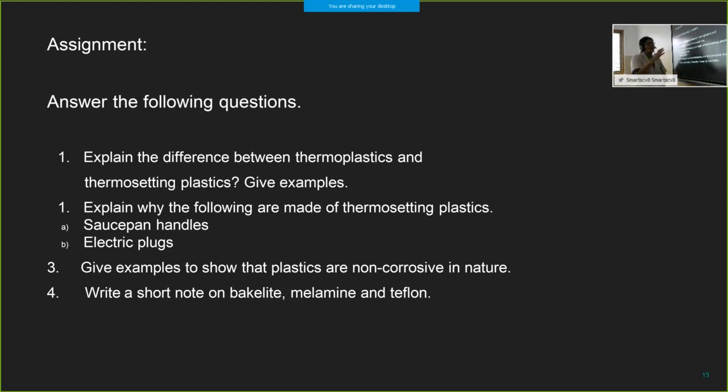So I hope you understood. So assignment, answer the following question. You have to write these questions neatly on the notebook. Explain the difference between thermoplastic and thermosetting plastics. Give example. Okay, so let me ask